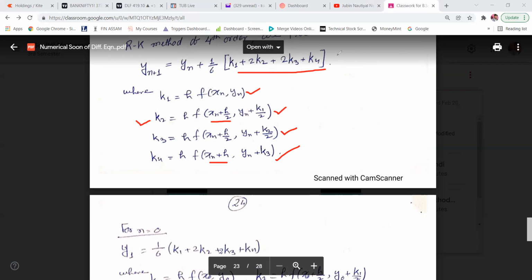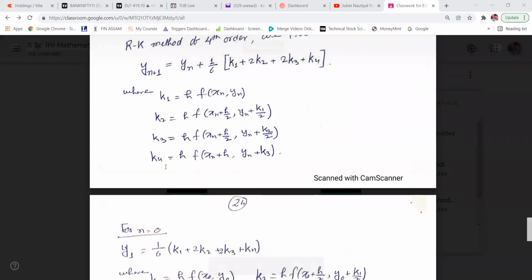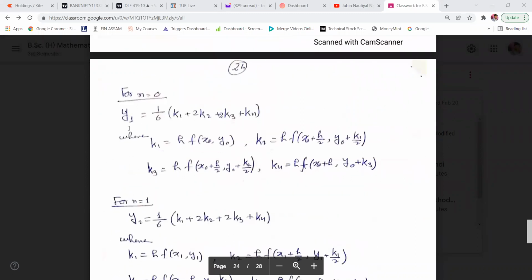So say if you are putting n is equal to 0, that means you are getting the first approximation. n equal to 0, that means y1 is equal to y0 plus 1 upon 6 k1 plus 2k2 plus 2k3 plus k4, and accordingly you will find k1, k2, k3 and k4 for n equal to 0. So here I have written for n equal to 0, y1 will be,